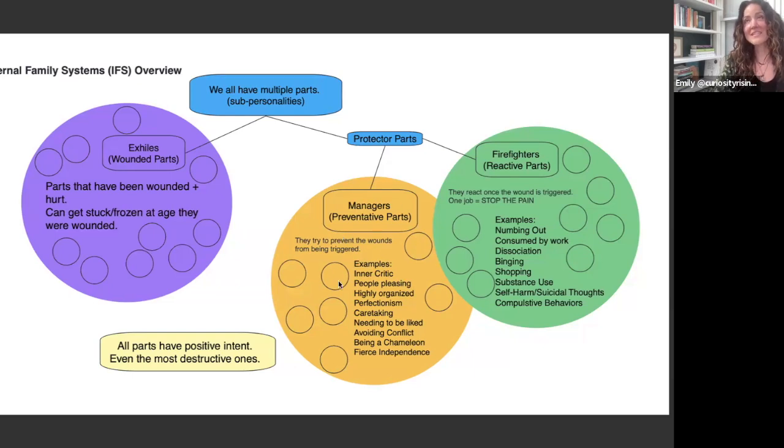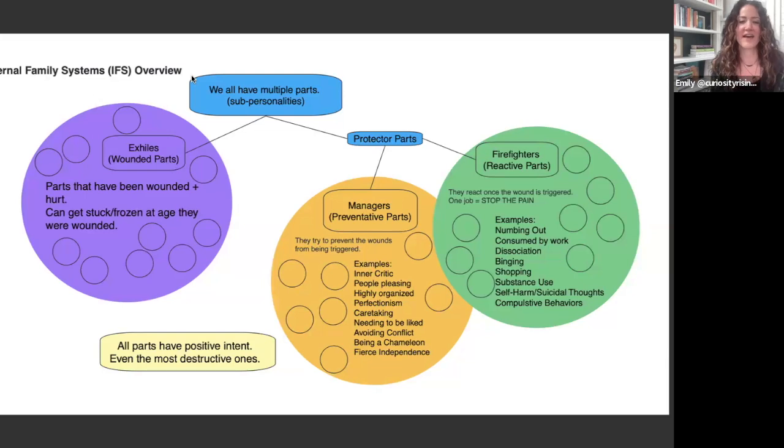Often these parts, in many ways, depending on what it is, can actually be very praised in our culture. And so they can get reinforced because not only do they protect our wounded part, but then they get reinforced with, oh great, look how organized you are. Look how attuned you are to everybody's needs. Look how easily adaptable you are. Look how independent you are. All of these roles that this part is in get praised and reinforced and then can show up even more.